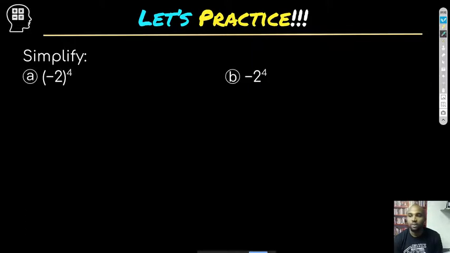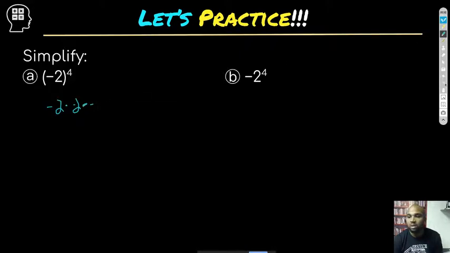Oh, good. Forgot about these. So what about this one? What is -2 to the 4th asking us to do? So -2 to the 4th, the exponent is telling us we got to multiply this thing 4 times. -2